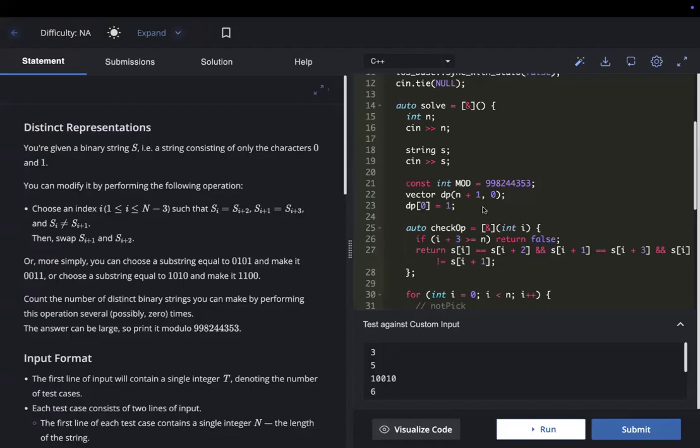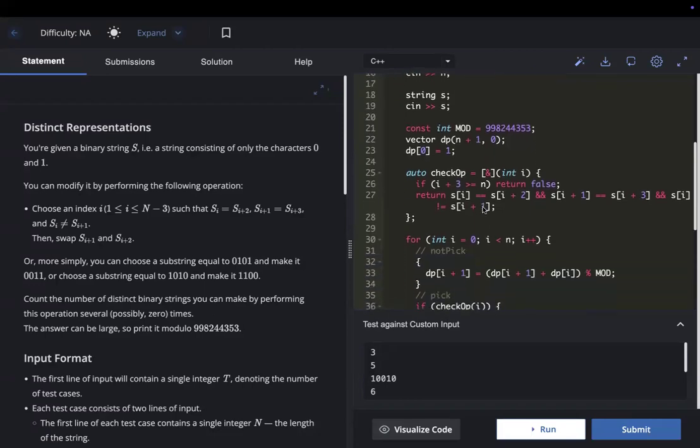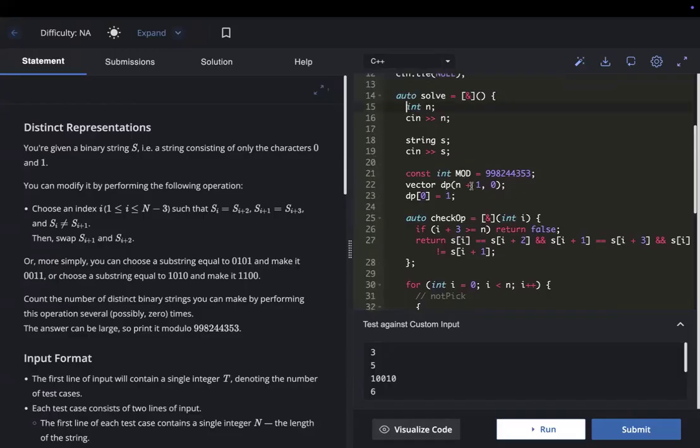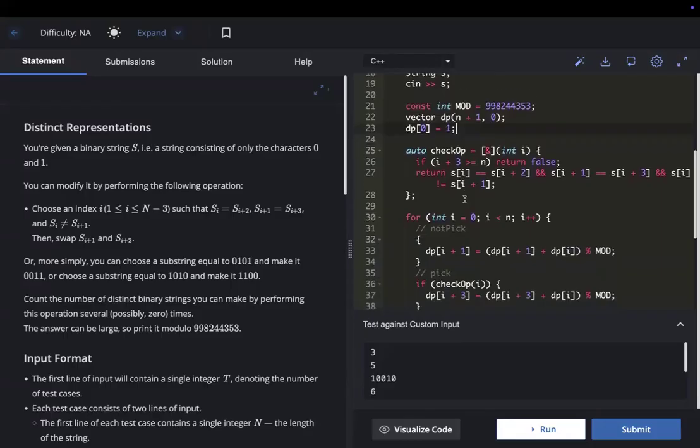But the way in which I implement it is something you should try to learn. You should try to understand it at least by yourself, because it's actually a very good way of implementing. So the first thing that I did here is I took the inputs, then I created a DP array,